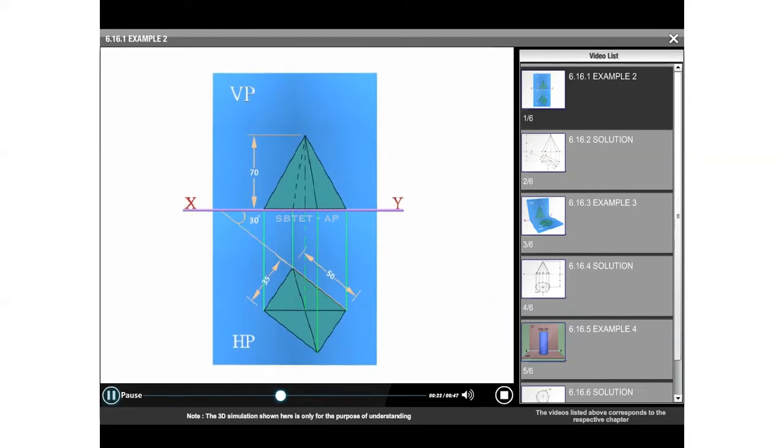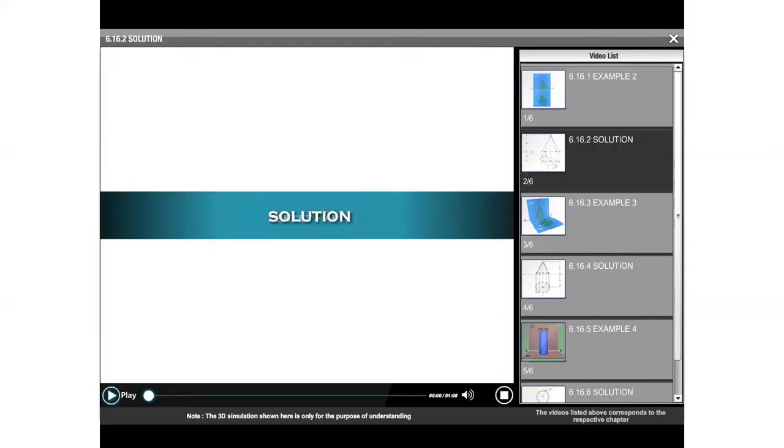A rectangular pyramid of size 50 mm by 35 mm by 70 mm is resting on the ground on its base such that a longer base edge is inclined at 30 degrees to the VP and the apex is 40 mm in front of VP.